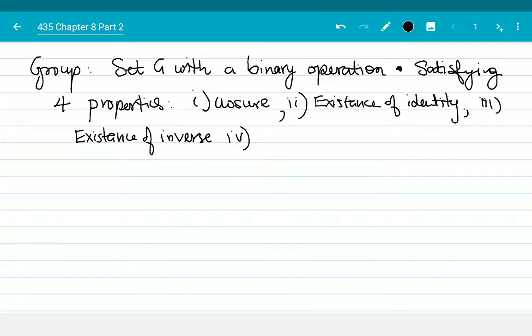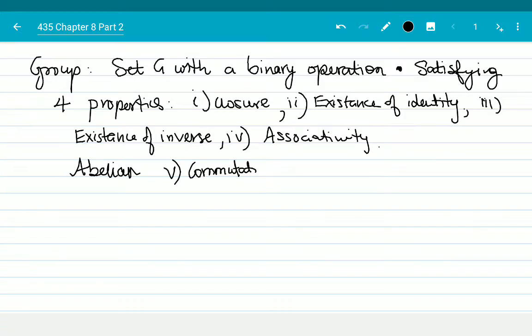And fourth, associativity. We said that the group is abelian if it also satisfies a fifth condition, that is commutativity. Right? Then we looked at some examples of groups, and discussed Fermat's last theorem,